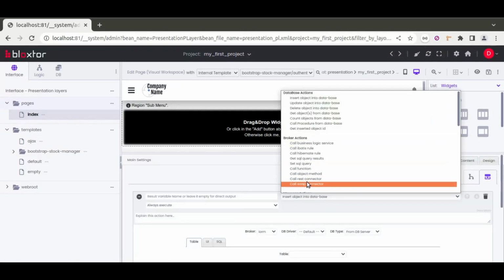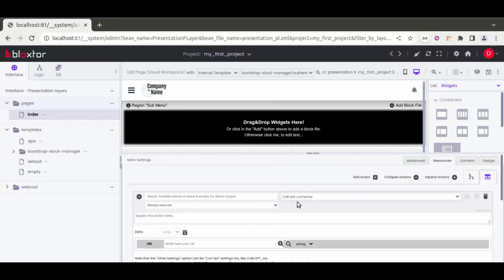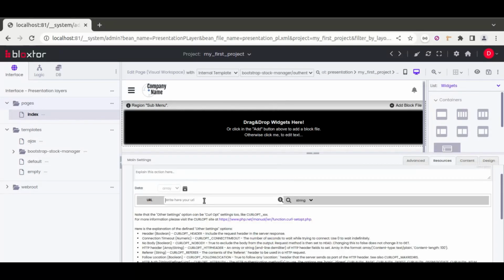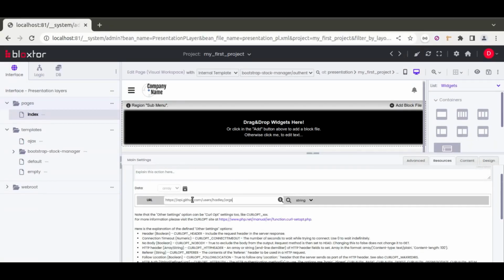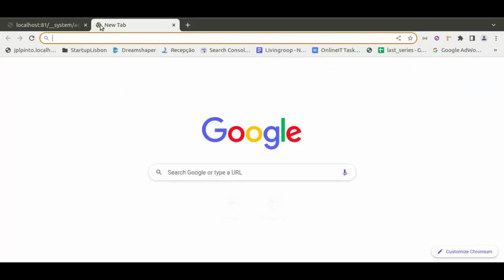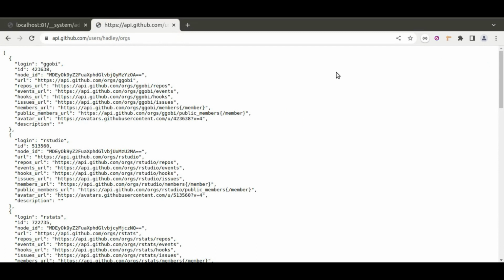Let's choose here a new action called call REST connector, and in here let's put the URL of our third-party systems. So I already have here some default URLs that I can use. I'll just copy paste, and first of all, before we continue, let's open a new tab here to be sure that this URL works. I have here an extension that basically converts this REST service, which apparently is a JSON format, into a real JSON viewer